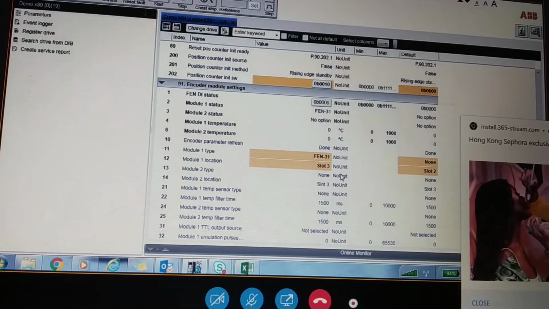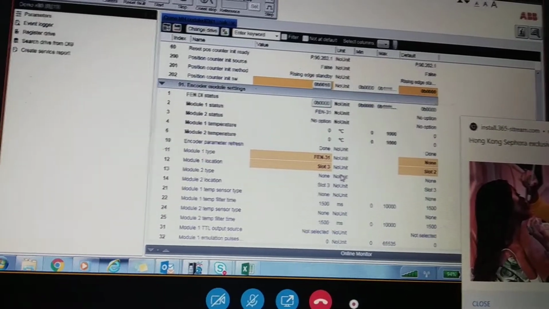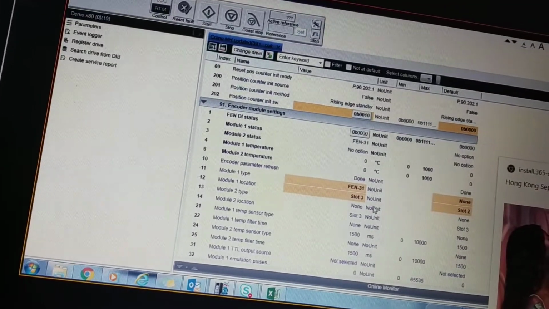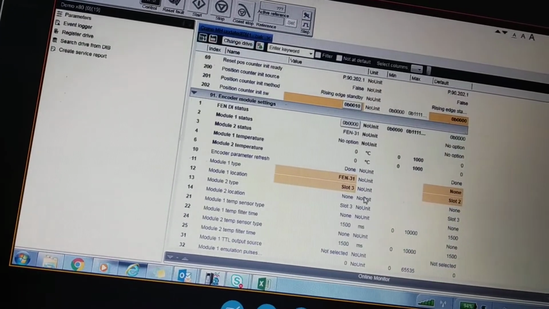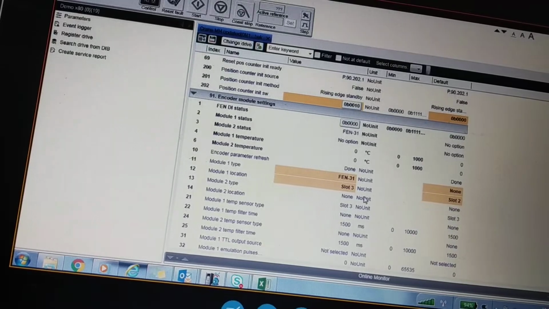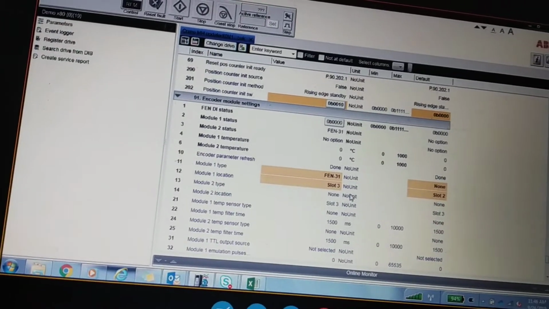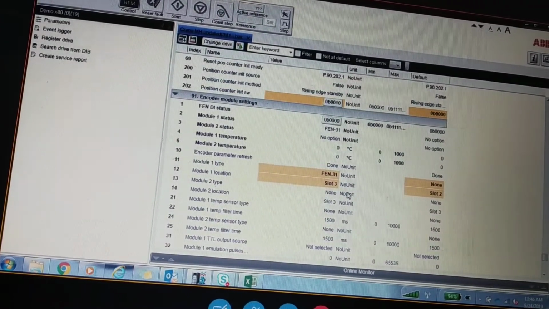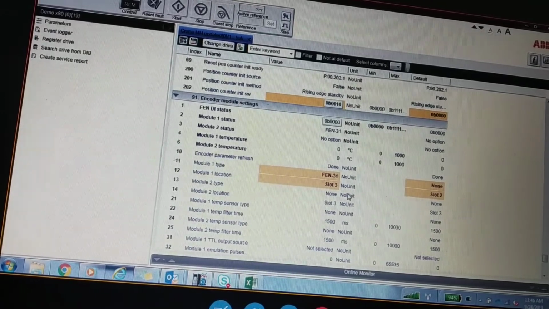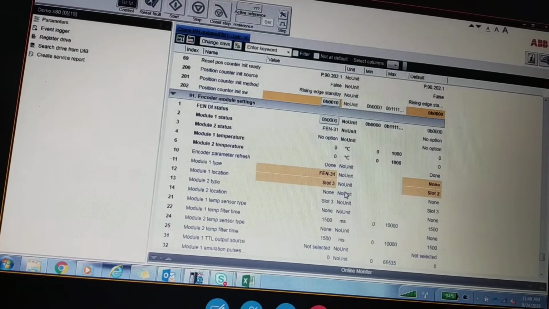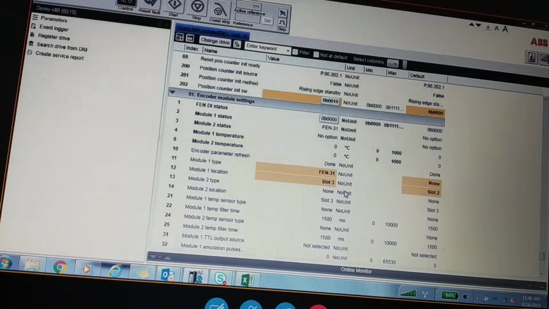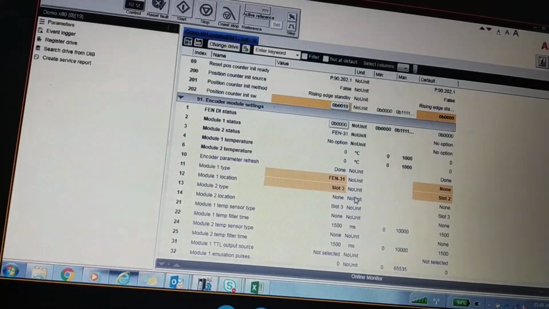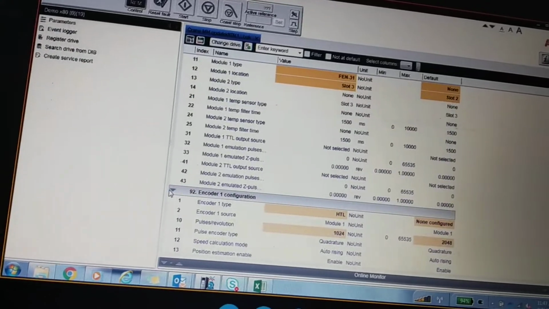So this is just the set of parameters which we need to set. Now we'll go to the parameter list. That will give us more clarity.